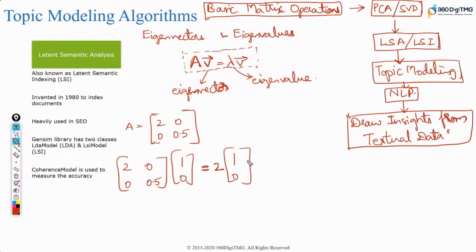You multiply and see it'll be the same. 2 into 1 plus 0 into 0 will be 2. 0 into 1 plus 0.5 into 0 also will be 0. So you'll get 2, 0. Here also, if you multiply 2 with this, you get 2, and 2 with 0, you get 0. So these two are equal.